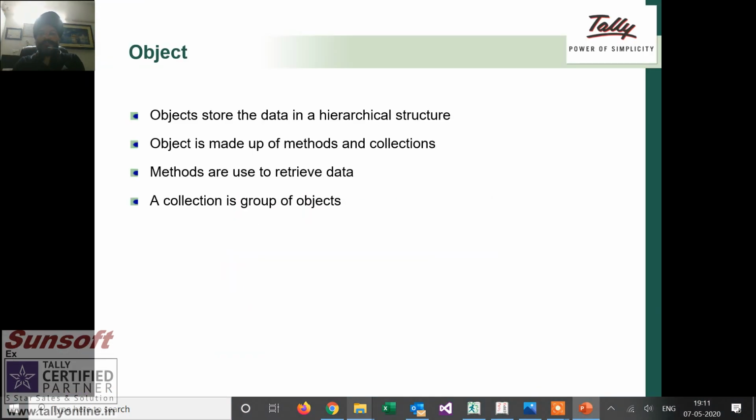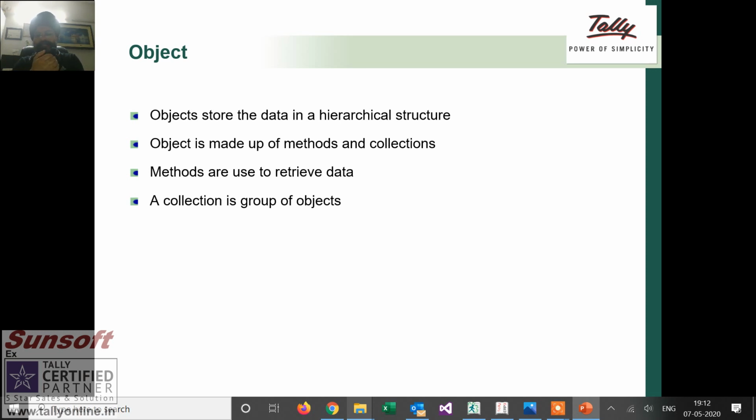So objects are those which store data in a hierarchical structure. An object is made up of methods and collections. Methods are used to retrieve data. A collection is a group of objects. Those familiar with databases can take a very simple example: an object is basically a row of data in an SQL or MySQL form, a method is a column, and a collection is your table.